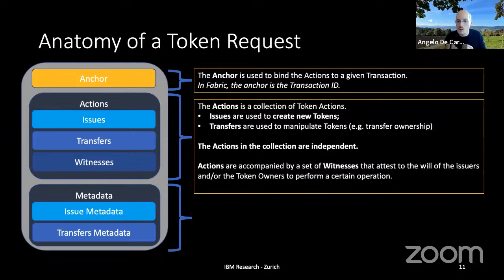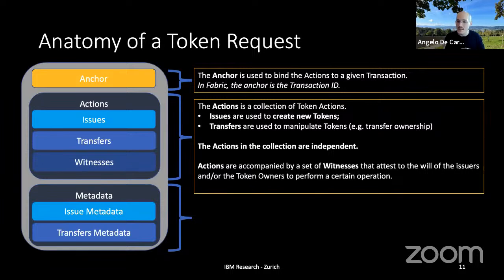Issuance gives someone, an issuer in particular, the possibility to create new tokens out of the blue. So there is a specific section inside the token request to specify the will to create new tokens. And tokens can also be transferred. So there is a section in the token request that speaks about the transfer of tokens from a sender to a recipient. Now, the actions are also accompanied by witnesses that are needed